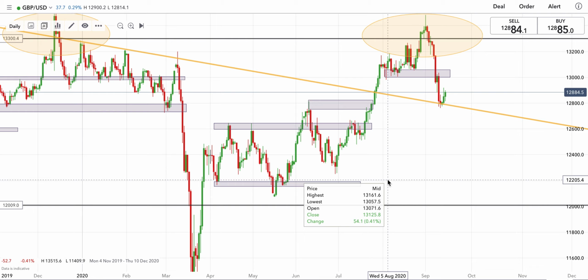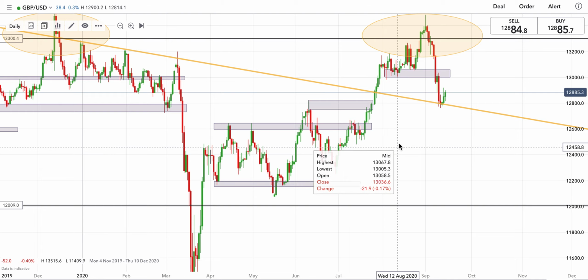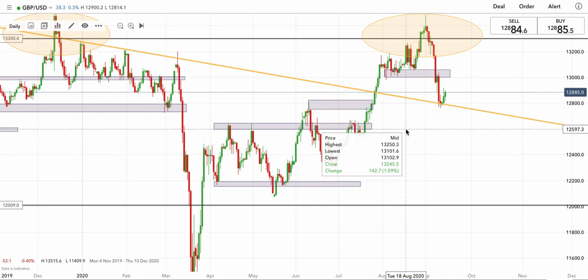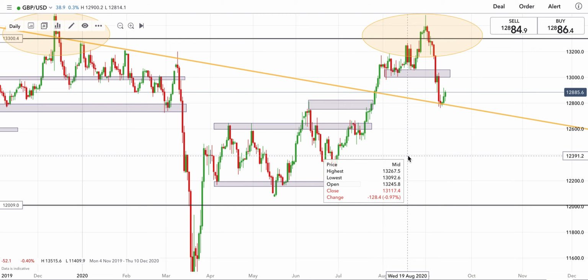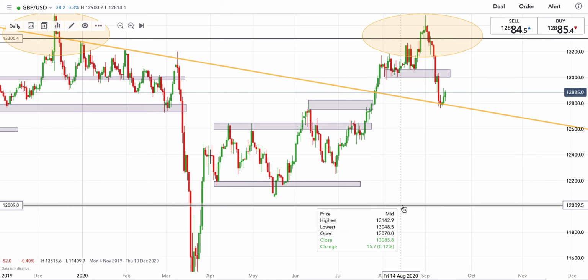Obviously you might not want to wait that long, so perhaps 124 would be a better target too. So first target for exporters 126, target 2 124, target 3 around 122, and below that we've got a major